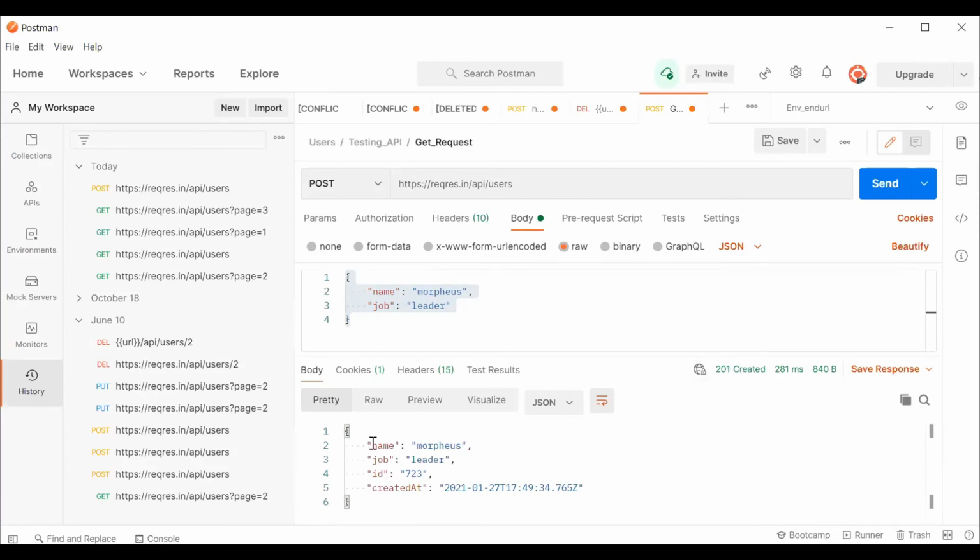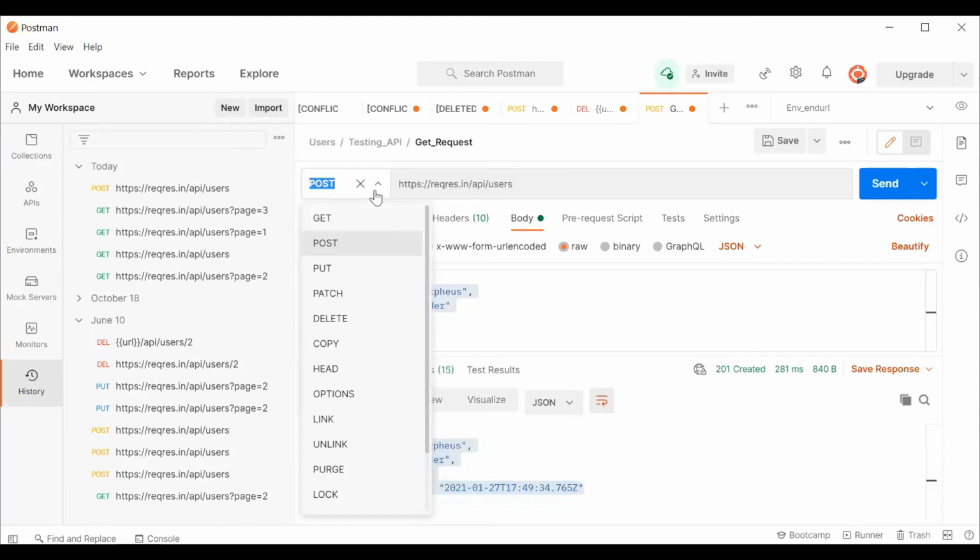And here, this is the body we got. Response, expected result. The actual result is the same as expected, so that's why this test case passed. If I'm not getting the same body or same code, I will say it failed and I will be reporting it to the developer. So this is how you work on the post.